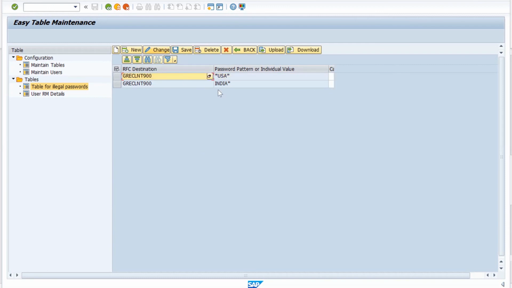If I click on change, it doesn't even give me an option to change anything. All these buttons are either grayed out or will not have any action on them. So I'll not be able to change anything or delete these records. And that is how I can control the complete access on these particular tables.